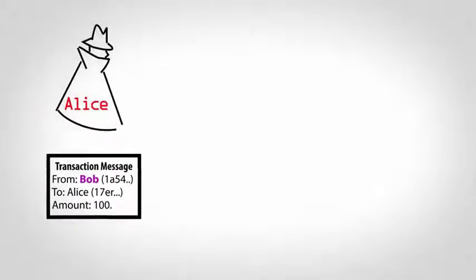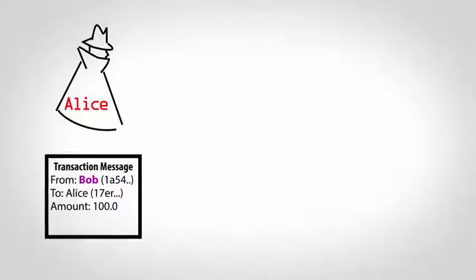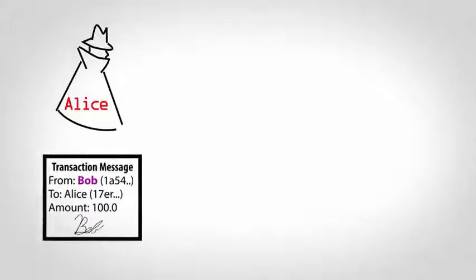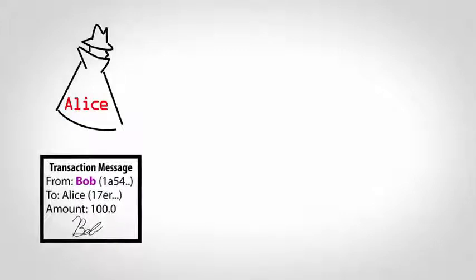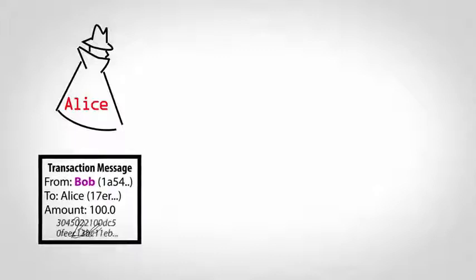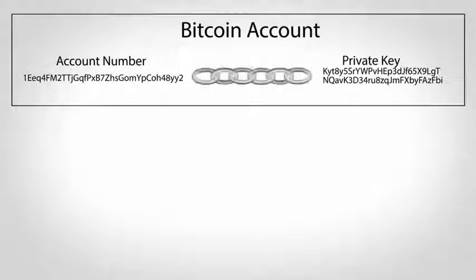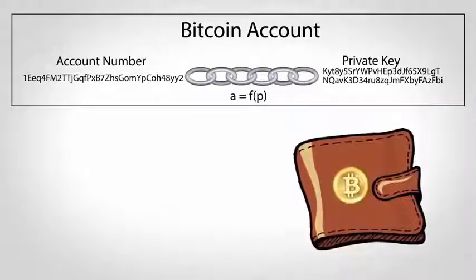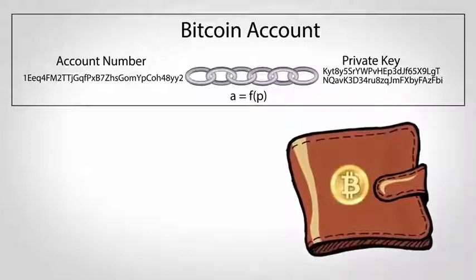If sending money is as simple as creating a message with some account numbers, what's to stop a thief, Alice, from spending Bob's money by using his account number? Like a pen and paper check, Bitcoin requires a kind of signature to prove that the sender is the real owner of an account, but it's based on math rather than handwriting. When a new account number is created, it comes along with a private key mathematically linked to that account number. If you've heard of a Bitcoin wallet, these keys are what it holds and are what allow you to create